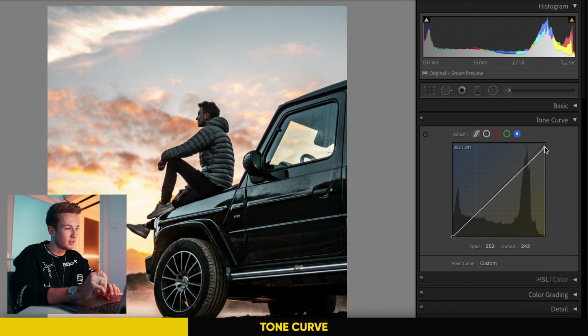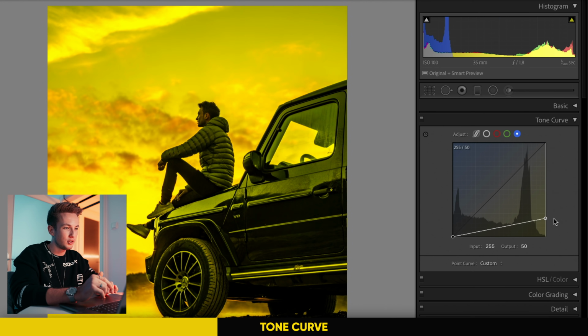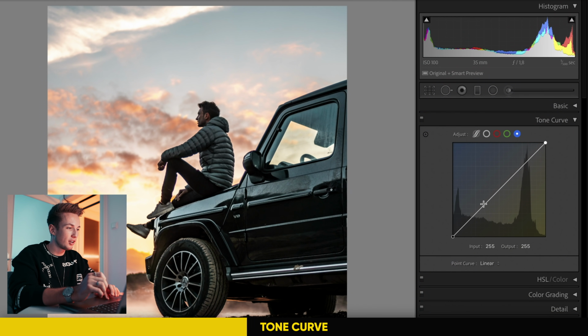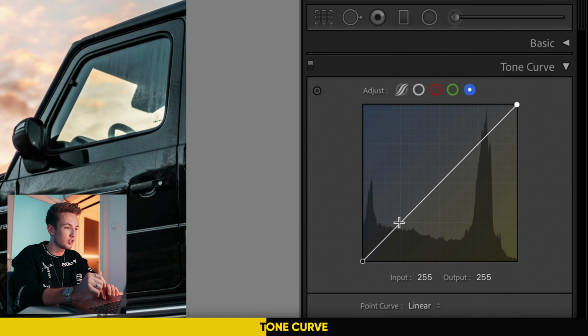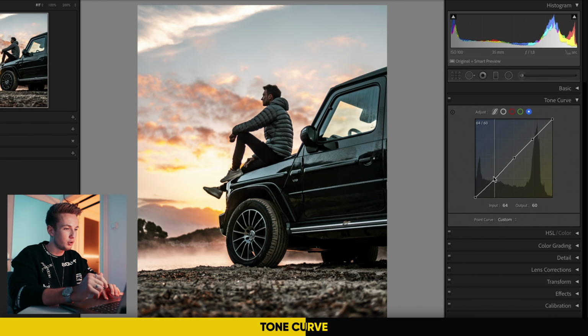So if I pick it all the way at the top at the whites, you see if I pull it to the left, the whites are getting really blue. If I pull it down to the right, you see that it's getting yellow, because yellow is a mix of green and red. So that's just how it works. So in order to do the adjustments correctly, I would always suggest to make just like 3 clicks here. One at the bottom, one in the middle, and one at the top. So you have your shadows, your midtones, and your highlights, and now you can just drag those to your liking.